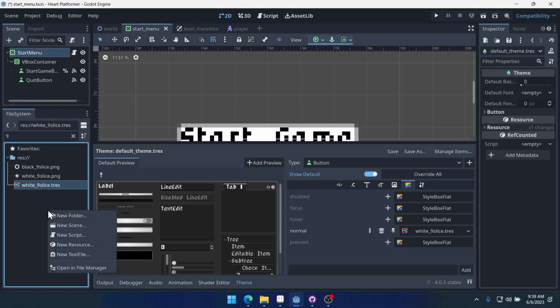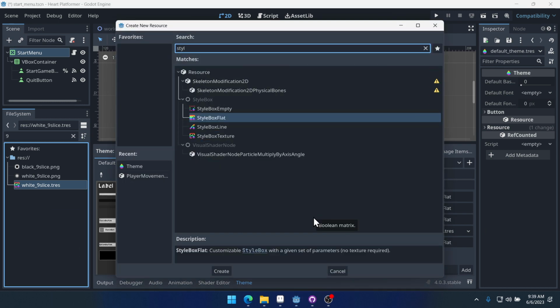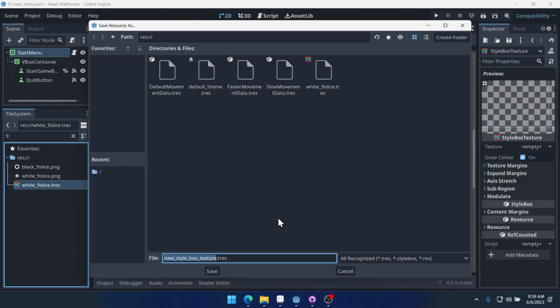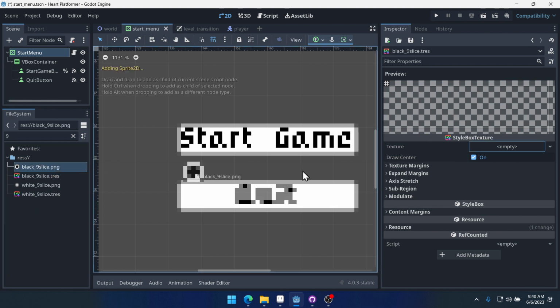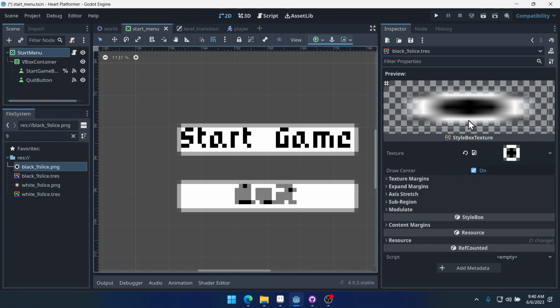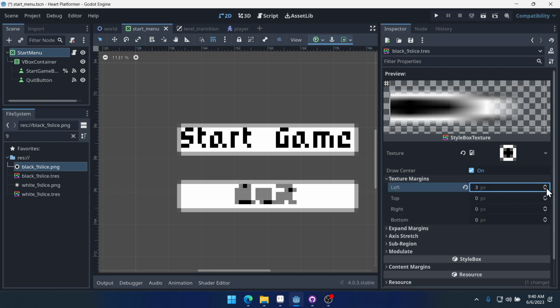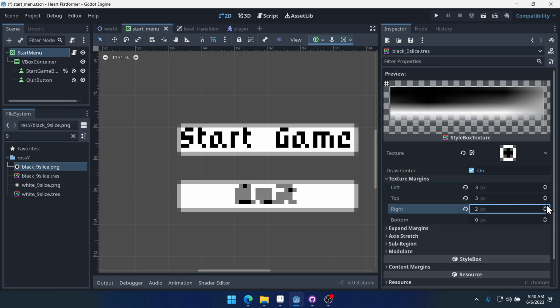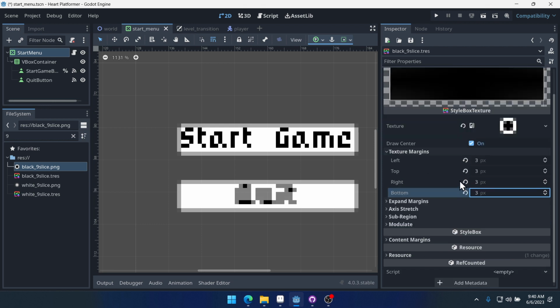Okay. Now I'm going to show you the way that I usually do this, which is right clicking over here, new resource, looking for style box, doing style box texture, and saving this as black 9 slice. Double clicking on it and just editing this in this way. I feel like this is better. For this one, we need to come in 3 on our margins, every direction. There we go. We can save